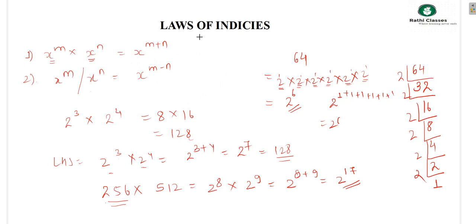Next, let us take an example. Say you have the value 81 divided by 27. One way is 27 times 3 is 81, or else we can apply laws of indices in this numerical. As I have 81 by 27, what is 81? 81 is 3 power 4. What is 27? It is 3 cube. Since I have the same base, 3, I can write 3 power 4 minus 3. Since on division the power is numerator power minus denominator power, it is nothing but 3 power 1. So the answer is 3. So this is the approach you can use for the second property.